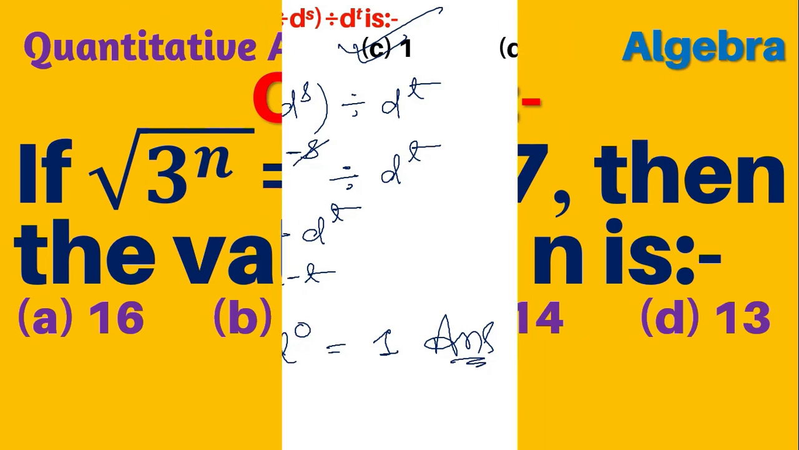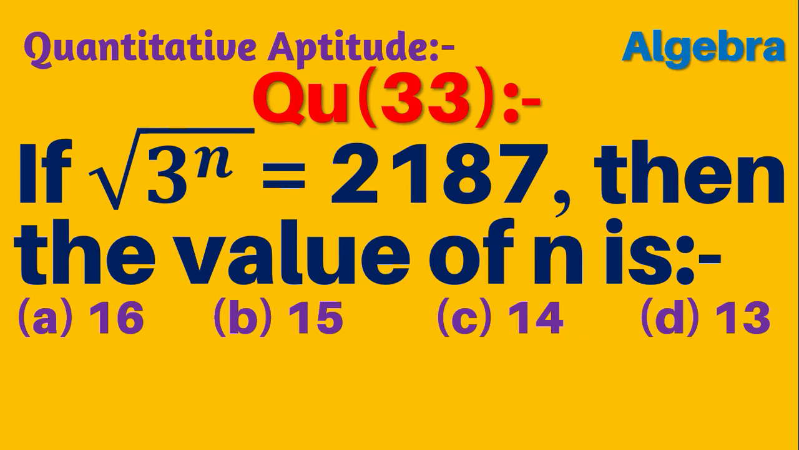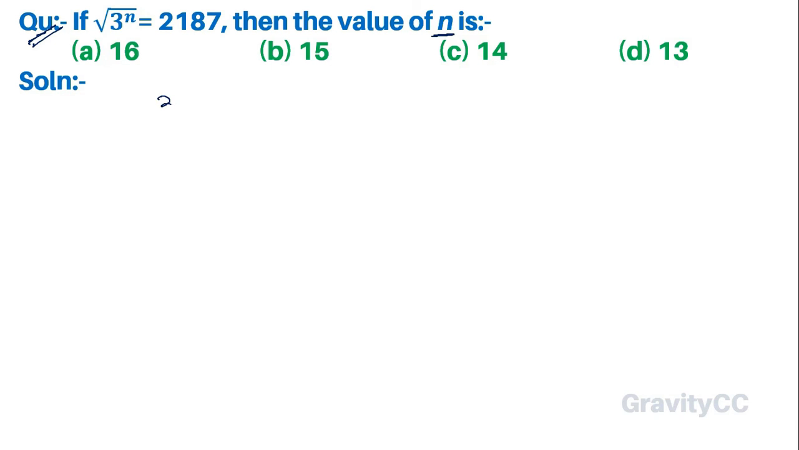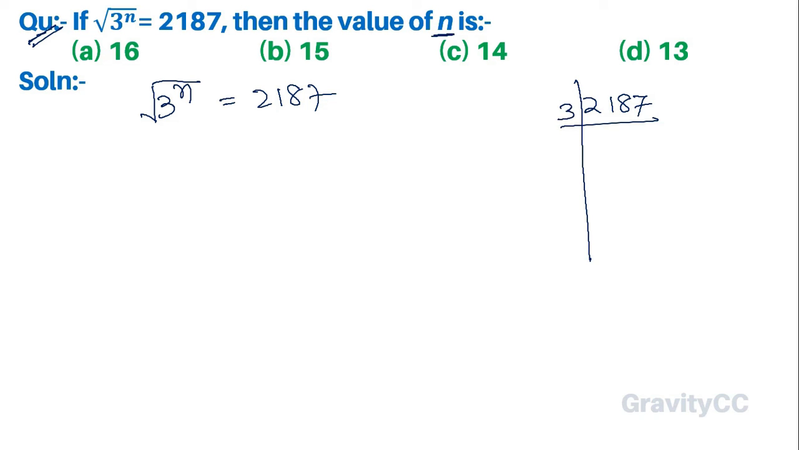If root under 3 to the power n is equal to 2187, then the value of n is? In this question, it is given that root of 3 to the power n is 2187. So first of all, we find its factors. 2187: table of 3, 7 threes are 21 and 3 twos are 6, 9, and again table of 3, 3 twos are 6, 4 threes are 12, 3 threes are 9, again table of 3, 8 and 1,